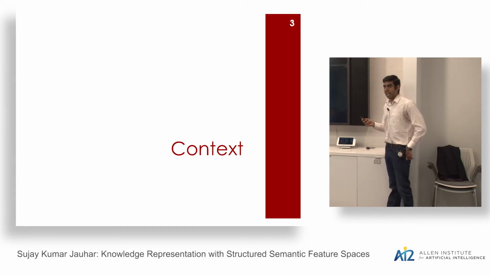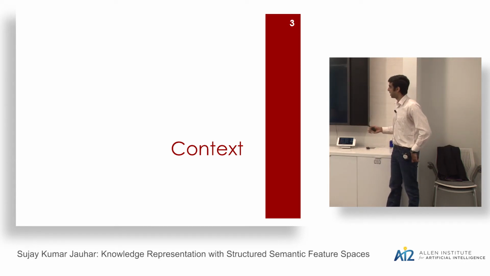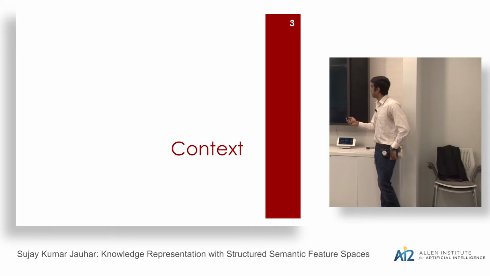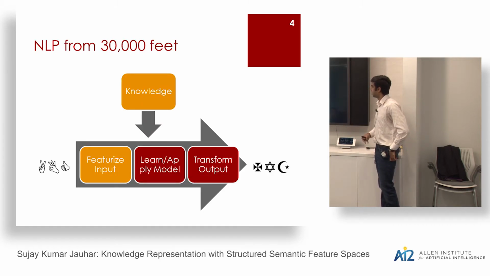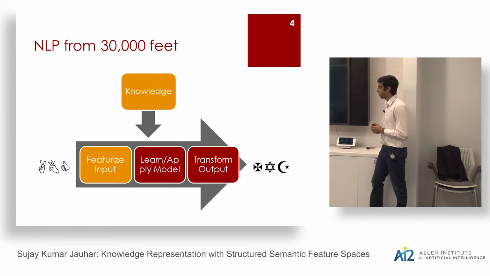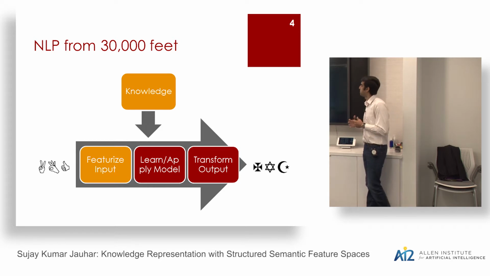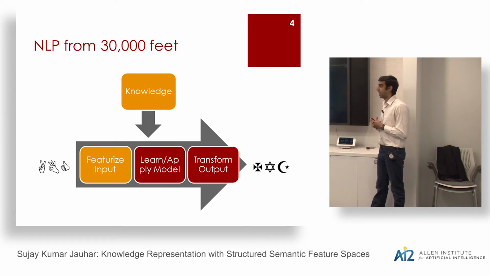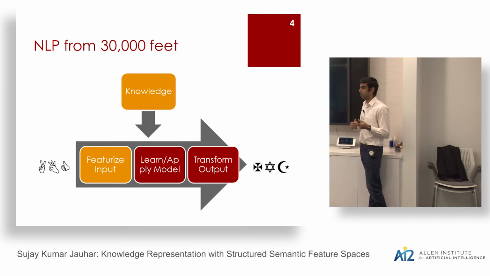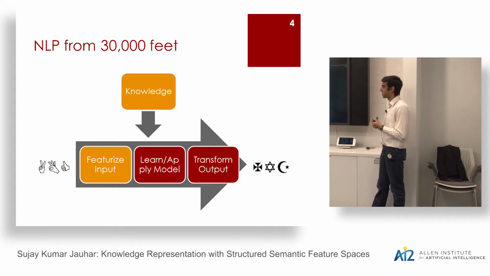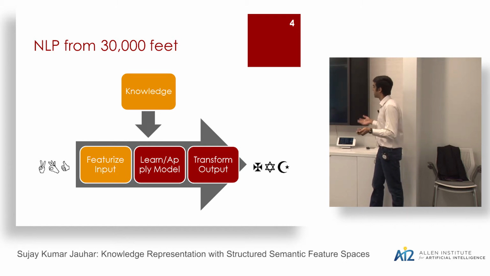So before I dive into the actual work, I'd like to set the context a little bit. Here's a diagram of NLP from 30,000 feet. When you think about it, natural language processing, from a computational perspective, is nothing more than a transformation from one set of symbols to another. The computer itself does not care what these symbols are. They could be words, part of speech tags, more structured elements such as trees. They could be lexicons. We don't know, and in fact, the computer doesn't care.